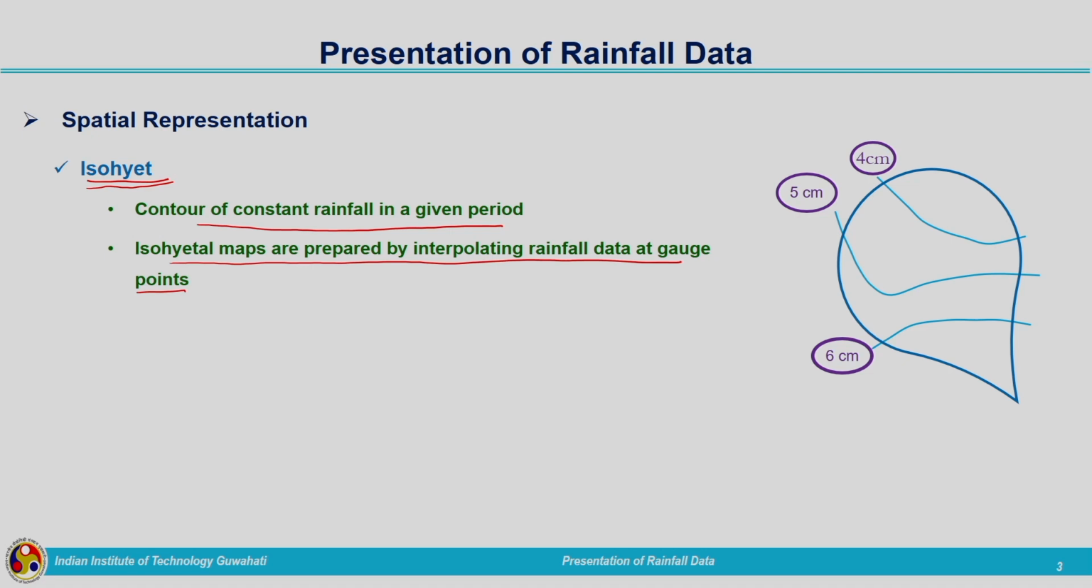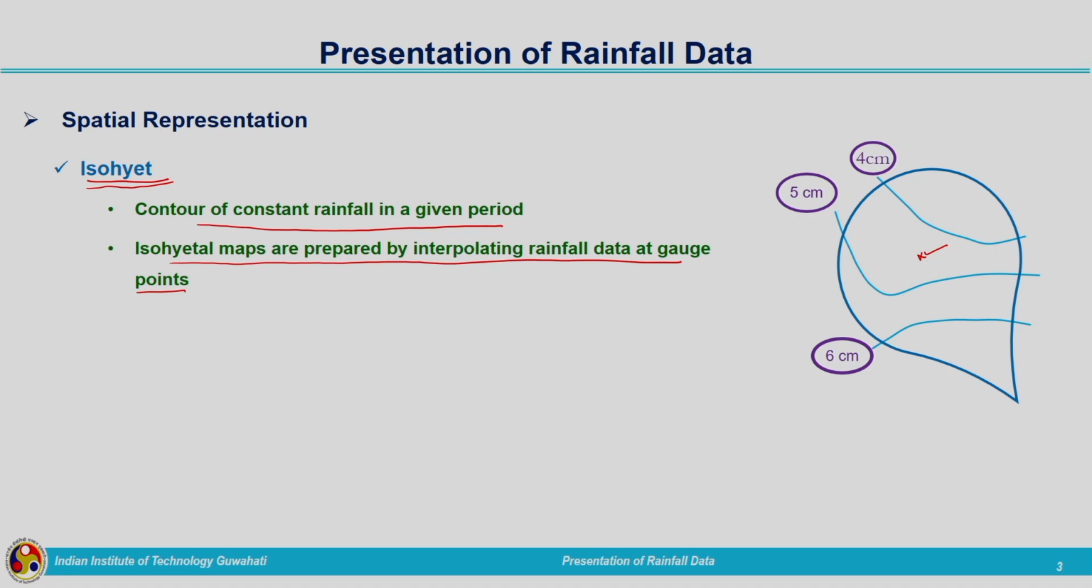So, if we want to get the rainfall at this particular location, that is coming between the isohyets of 4 centimeter and 5 centimeter, we can find out the average of these values, 5 plus 4 divided by 2, for getting the value corresponding to this particular point. So, averaging of the rainfall values corresponding to 2 isohyets will be taken for getting the spatial distribution of rainfall